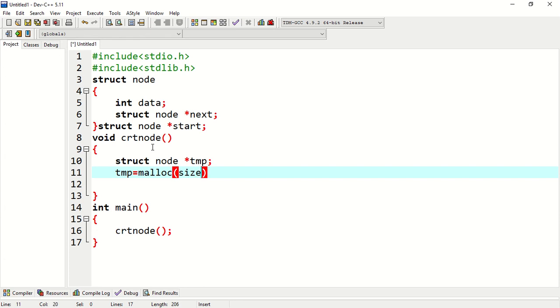We create a block of size struct node and typecast it to struct node *, because it returns the address of a block of struct node size, and that address is typecast into the struct node type and assigned to the tmp temporary variable. Now I want to take a value from the user, so I declare a variable.